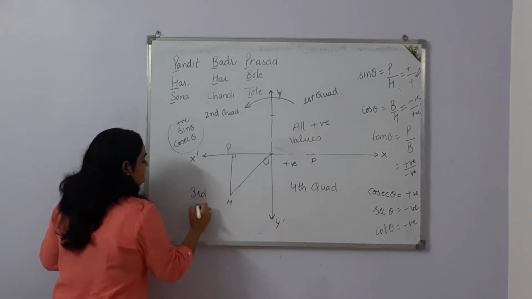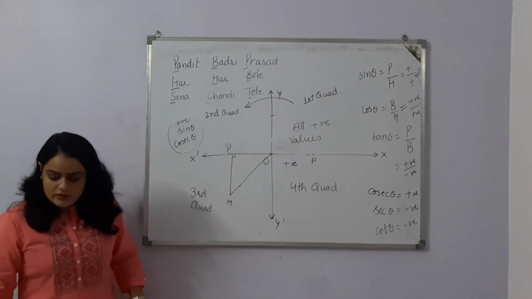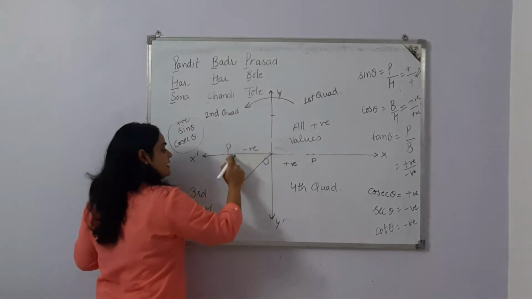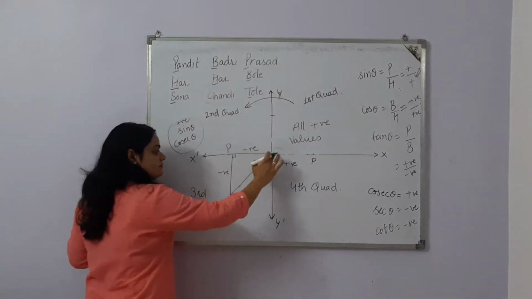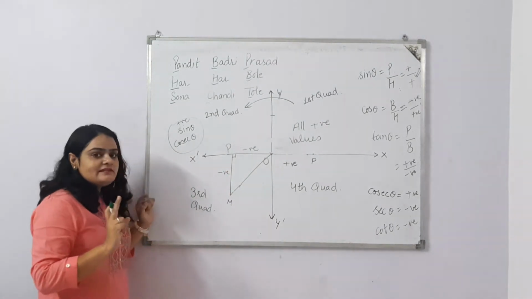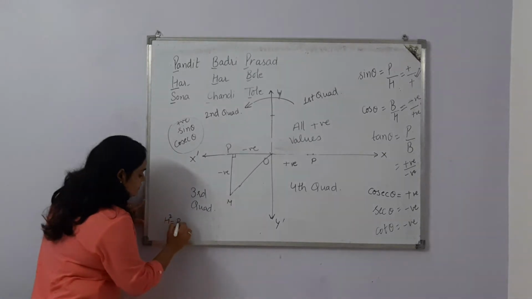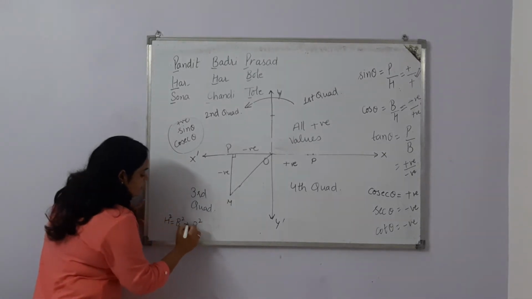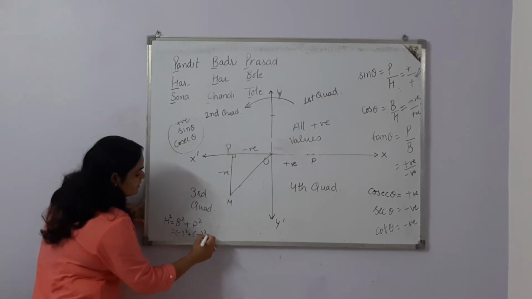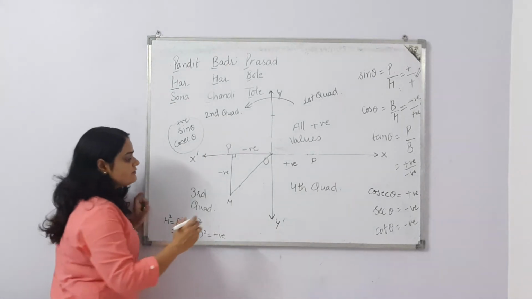This is your third quadrant. Now, in the third quadrant, the x-axis is negative, the y-axis is also negative because this is parallel to the negative y-axis. So when we substitute the values in the Pythagoras theorem, hypotenuse square is equal to base square plus perpendicular square. Of course, negative square becomes positive, negative square becomes positive. We are getting a positive answer, as the hypotenuse will be positive.